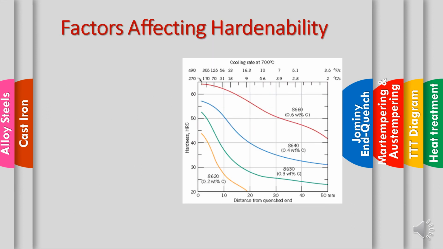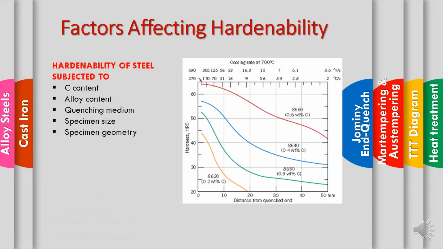The factors affecting hardenability: basically, there are many parameters that affect it. The first one is carbon content. Just now we already looked at the carbon content of 0.4. What happens when we put in another element is that the hardenability of the material will change. And we also have the alloy content effect and the quenching medium, such as salt,